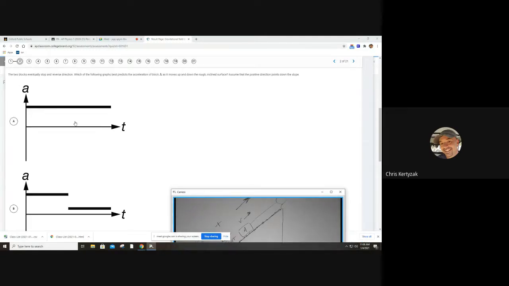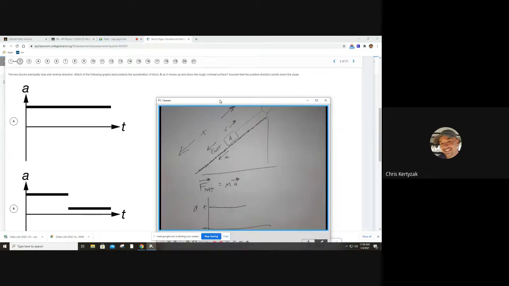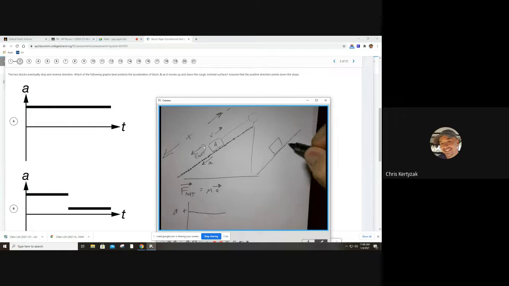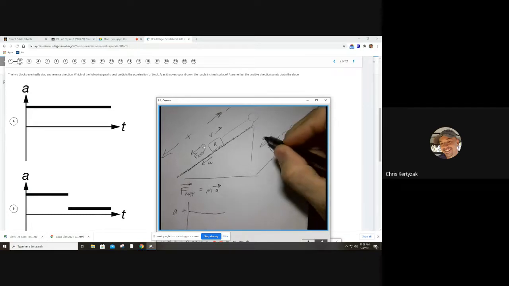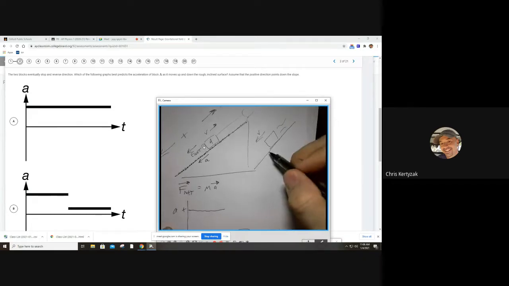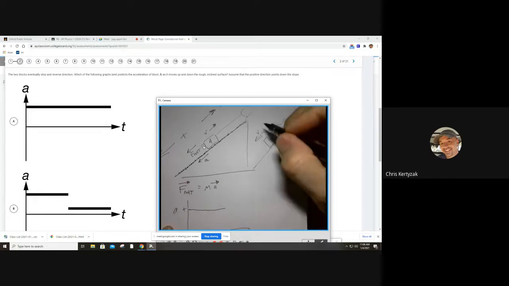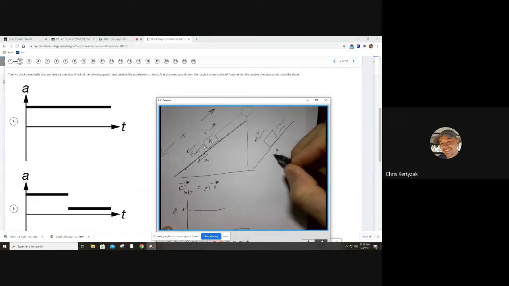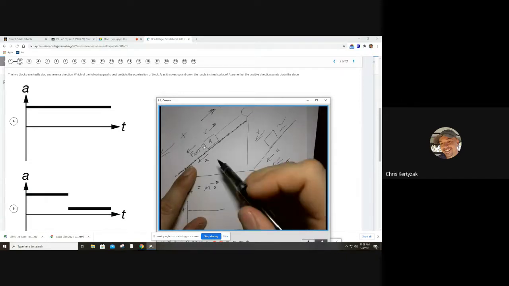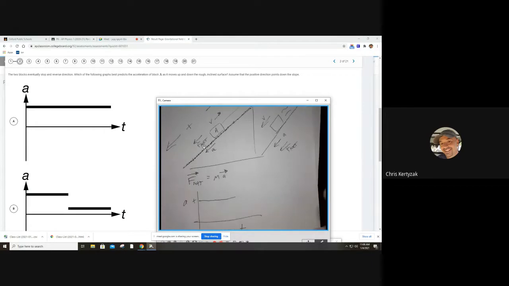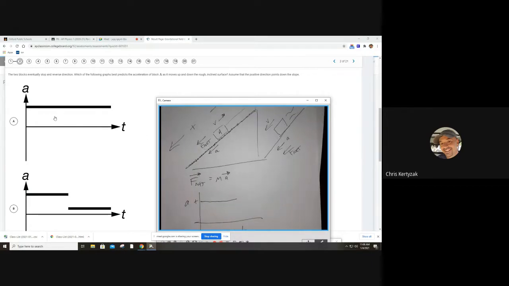So I think we can conclude that regardless, even when this block is now moving down, if I drew another picture of it, now it's heading down. It's gaining speed as it moves in this direction, right? It speeds up as it comes down, which means the acceleration is still down because the net force is still the same value that it used to be. Doesn't matter whether it was going up or down. So we know our graph has to include accelerations that are all positive,